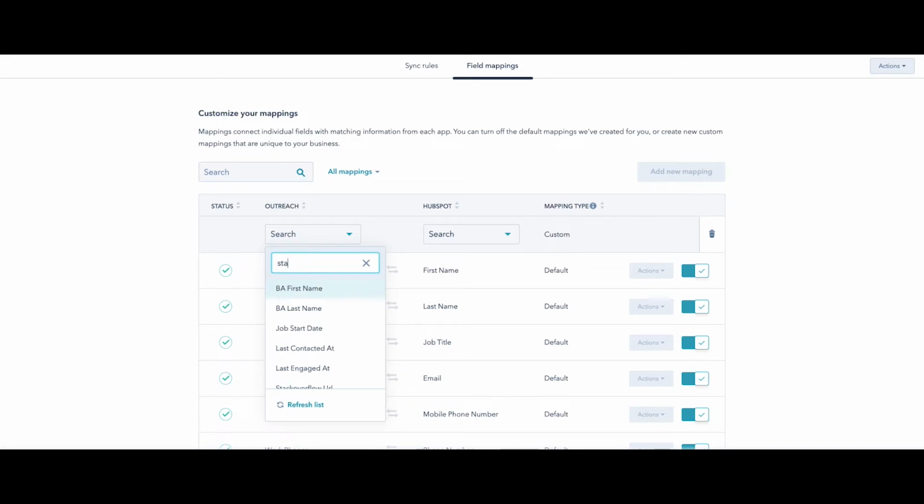So what we're going to do is take this stage and map that stage to a call status. And then once we map this stage to a call status, we're going to use a workflow to, based on the call status, create a deal or not. And we're going to move the deal through the pipeline based on the call status, or the stage, that's coming over, okay? So as the stage gets updated for the prospect inside of Outreach,